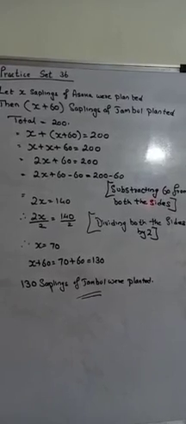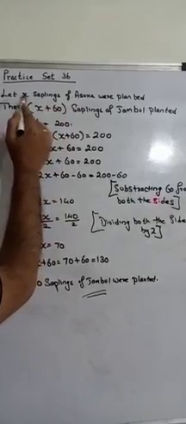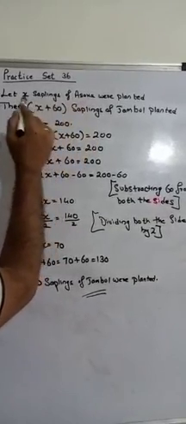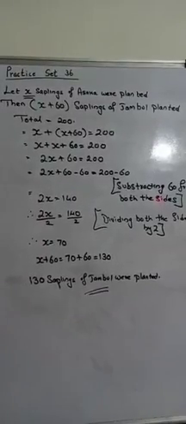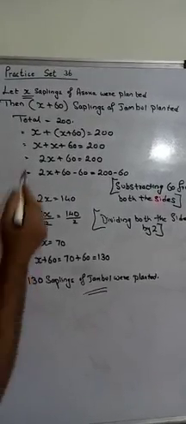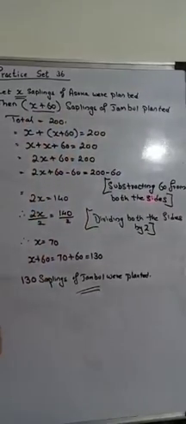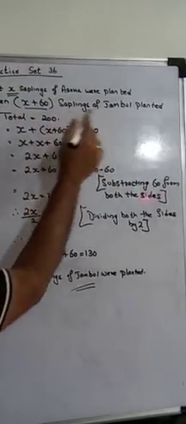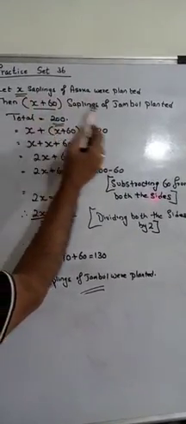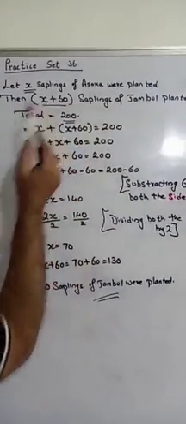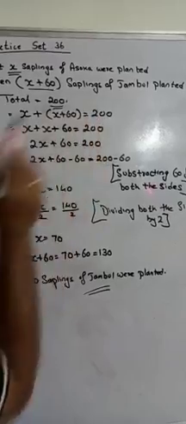So we'll consider Ashoka saplings as x. Number of trees planted for Ashoka, that will be considered as x. And jambul planted is more than Ashoka, that is plus 60. So jambul trees will be x plus 60. Now altogether Ashoka plus jambul should be 200. So Ashoka we have considered x and jambul we have considered x plus 60. So it is x plus (x plus 60) is equal to 200.